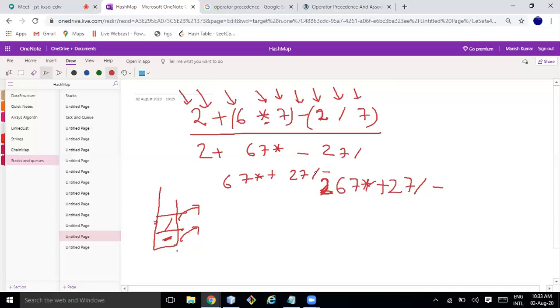Is it matching? Oh, sorry, I moved. Here it should be 2, right? There is 2. Okay, this is 2, 6, 7 star plus 2, 7. Yes, these two are the same.